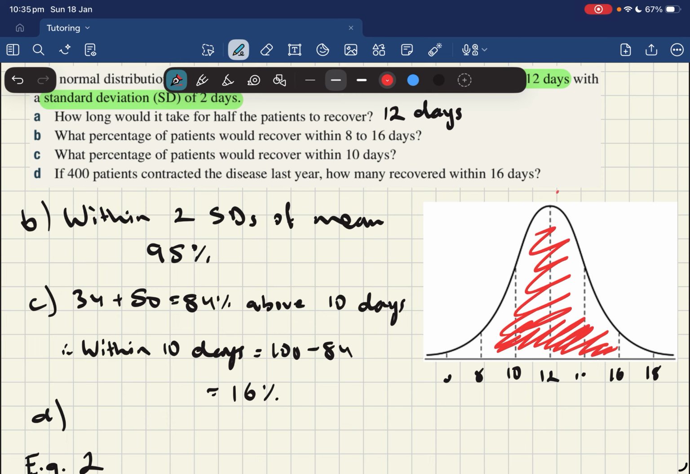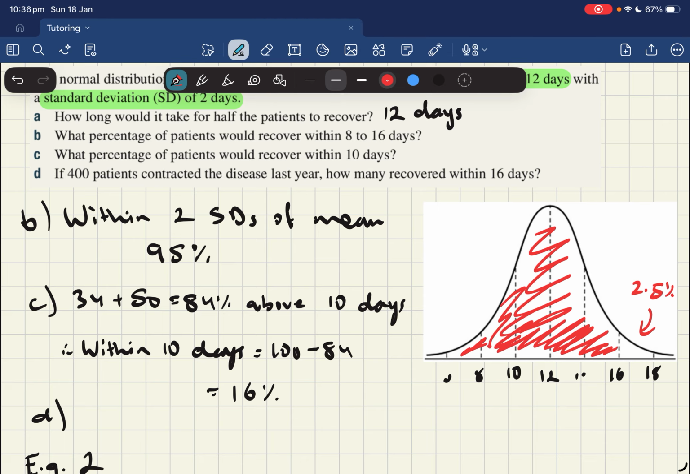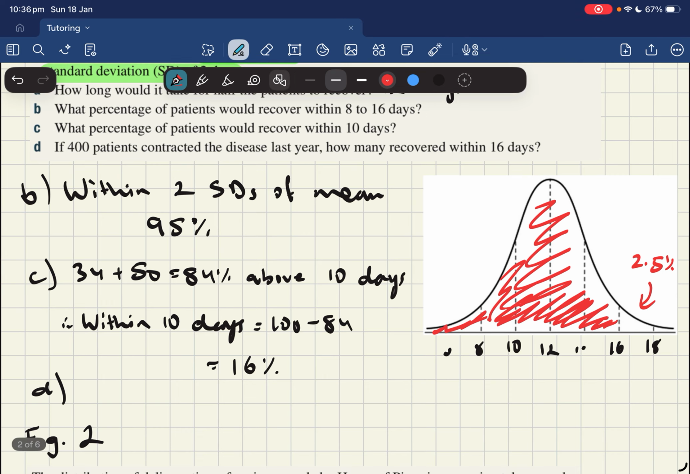Now, this makes up 95% of our data, right? So between this one above and this one below, there's 5% in total. So we divide that by 2, we get 2.5% and 2.5%. So if we wanted to think of this entire section, all we would have to do is just take 100% and then subtract 2.5% from it. So the percentage here, we're going to have 97.5%